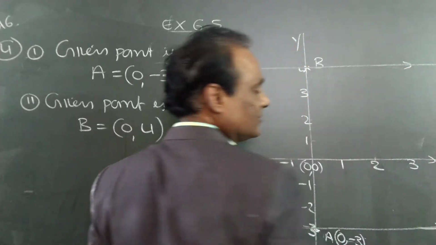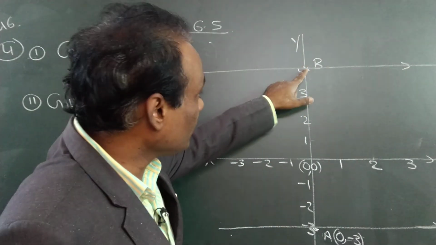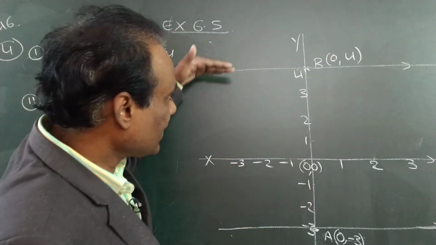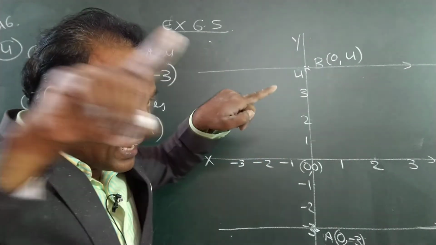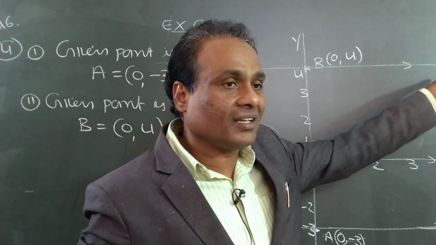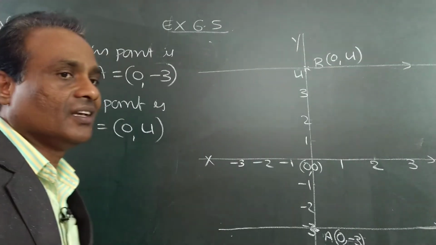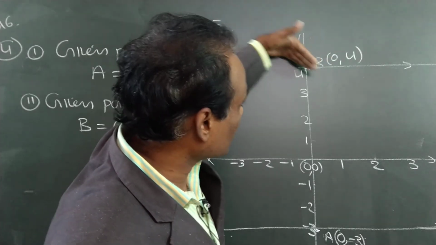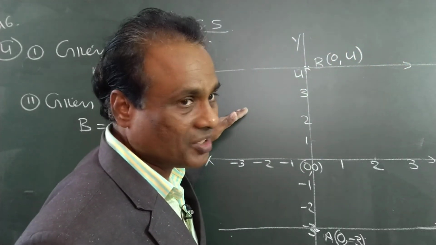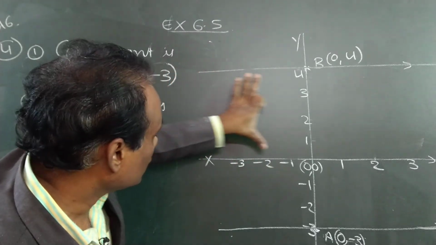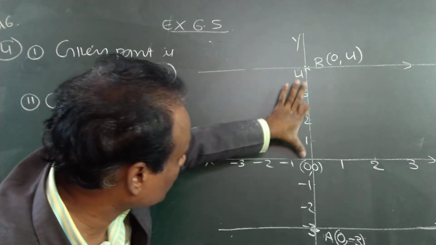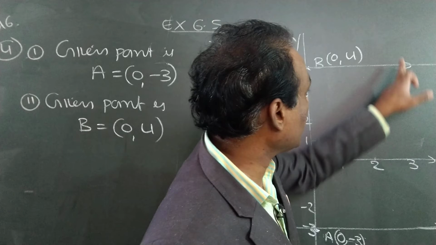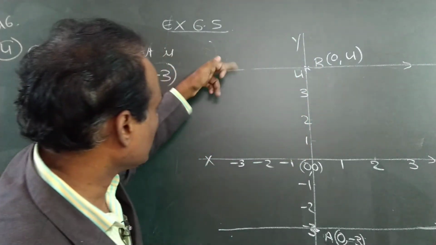On the graph paper, at 4, there will be a line. See the graph paper, there will be a line at 4. So on that line, draw a big thick line using the scale. If you are not using the graph, there is a chance that you will draw a cross line. But it should be exactly parallel. Parallel means this distance is 4, and this also should be 4. Anywhere the distance is 4. Like that you take some points and join.